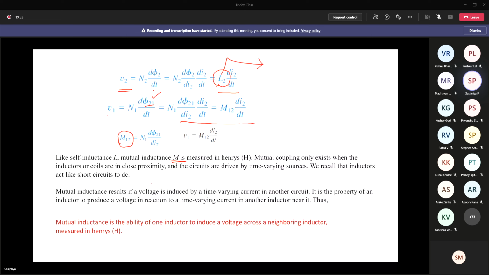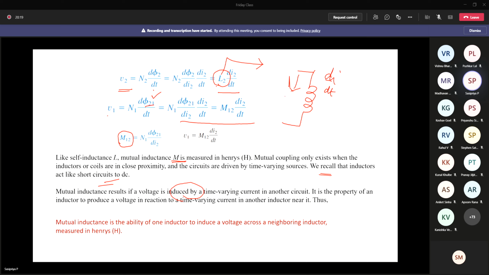Again here we'll have a mutual voltage. So what do we understand? Mutual inductance is also going to have some voltage induced by the time varying current. The mutual inductance is possible only when there is a change in current. If you recollect, we discussed that in DC circuits, generally we don't consider the inductor. Why don't we consider the inductor? Because the voltage induced is due to the flux linkage, and that is possible only when there is a change in current.